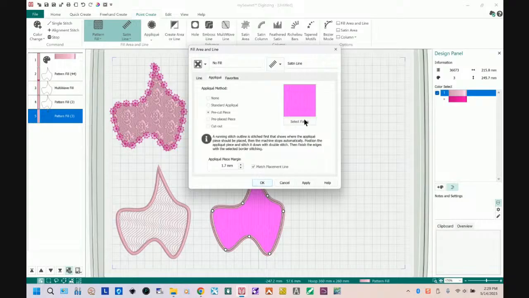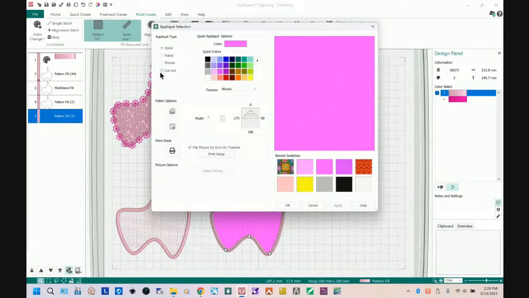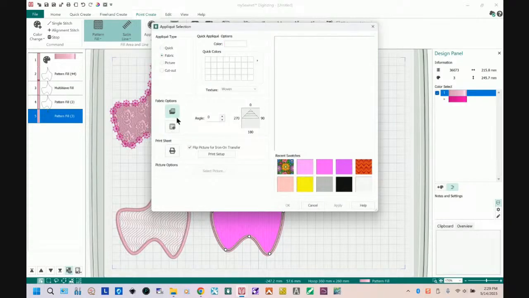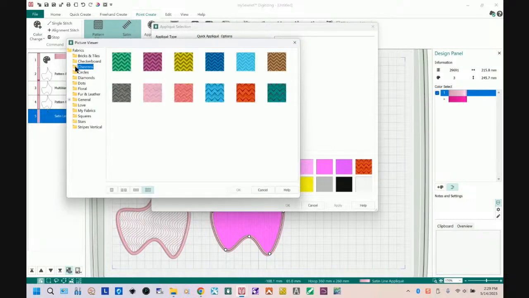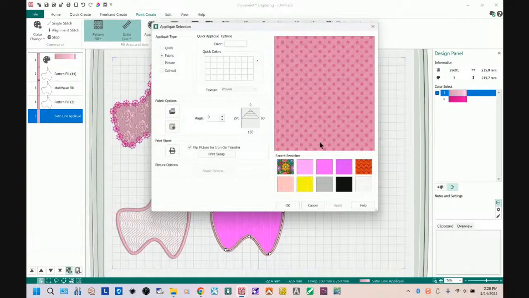Now I'm going to go ahead and select a fabric, and we have a lot of fabrics in the database. We can choose quick colors, or we can go to the fabrics. With the fabrics, you can add your own, so you can scan a fabric and add it in as a new background. I'm going to use previously saved fabrics and just pick one that looks interesting. I think I did the polka dots for my sample. Oh no, I used a wild crazy one for my sample, but I'll use polka dots here. And once I click OK,